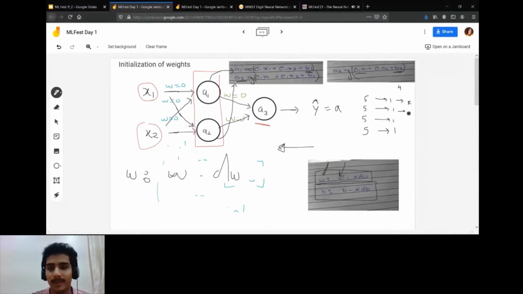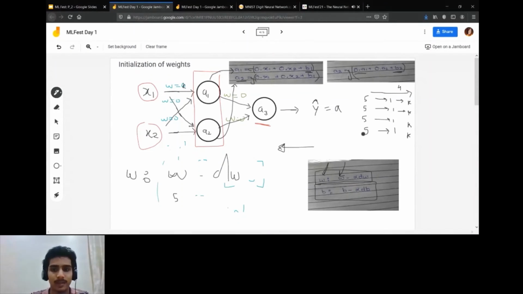So what is happening is that every time you iterate, it will again give a constant weight, which would be some k, and all these weights would be similar. It's kind of like a loop, right? We initialize the weights to some constant value. All of these here we are initializing to 0. Suppose we have initialized some constant value, and then the weights are getting updated to again some constant value. So if all the weights are initialized to a constant value, then we will be stuck in a loop where the weights are getting updated and again they are becoming a constant value. Again we back propagate, again we get a constant value.